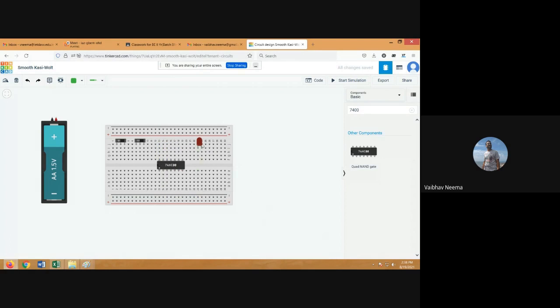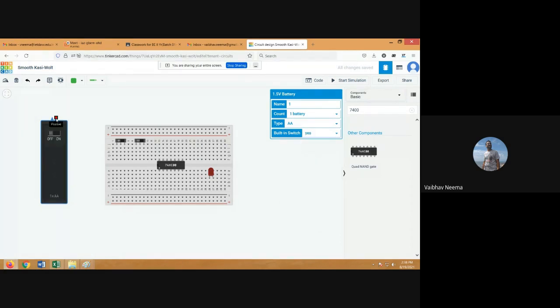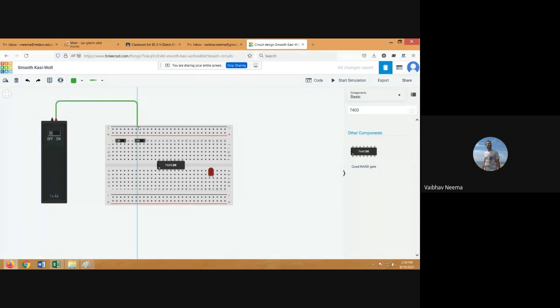Now we'll start to do the connections. First we select the battery with the switch and put it in. Then for the positive terminal, we make one rail of the breadboard the positive voltage, and for the second rail we use a black color because it is the ground. So it's again a dual rail: the first rail we define for the power supply, the second rail we define for the ground signal.